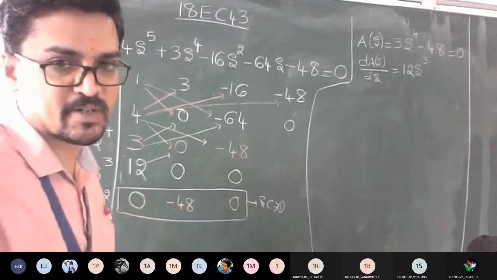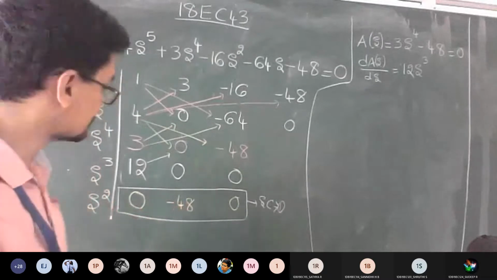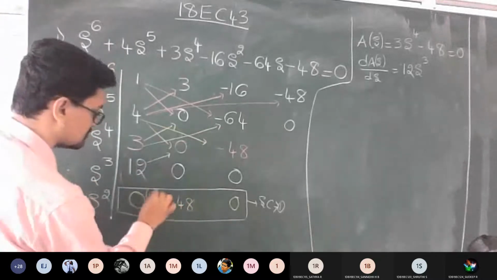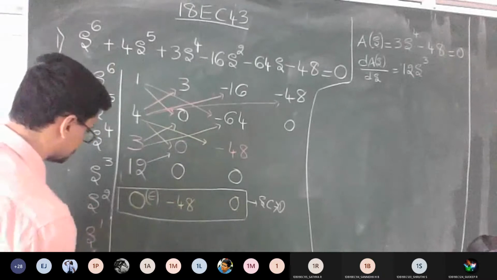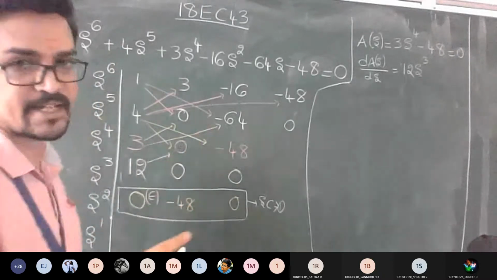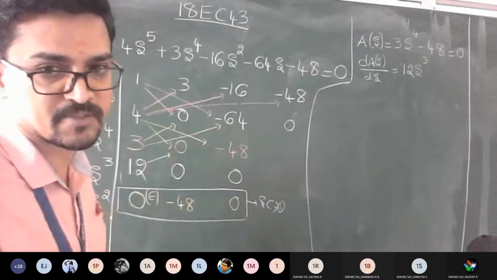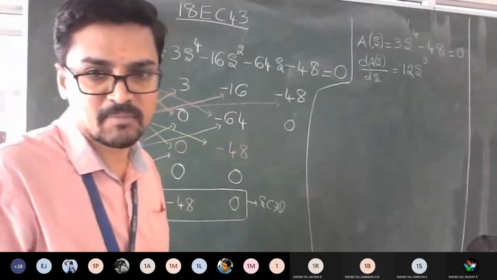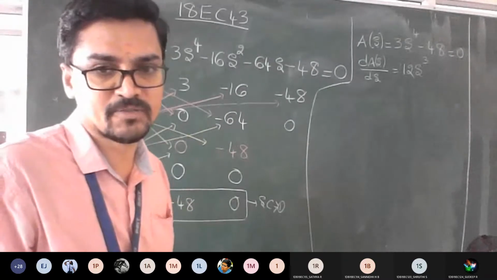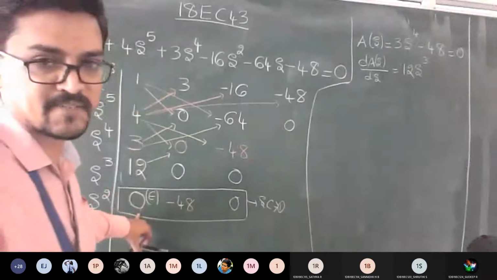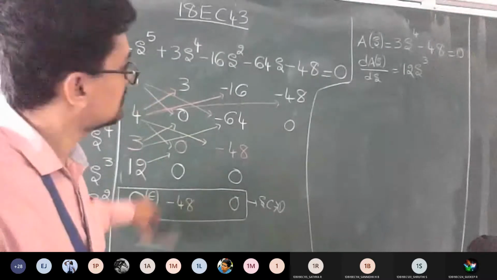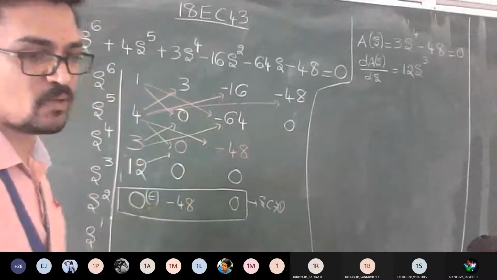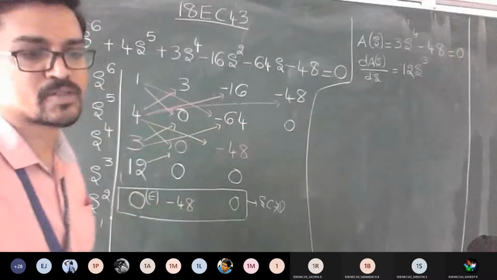I taught you 2 methods; whichever you feel comfortable with, go with that. If I replace this with epsilon, we are replacing this with epsilon. Then check out what the answer is. You can check aside whether you want method 1 or method 2, it's left to you. The ultimate thing is you want to solve the answer, because here there is no specific requirement. Go ahead with whichever you feel comfortable. If you feel comfortable applying s equal to 1 by z, substitute there and calculate, or directly you can take epsilon here. If you take epsilon, what is the new answer now?